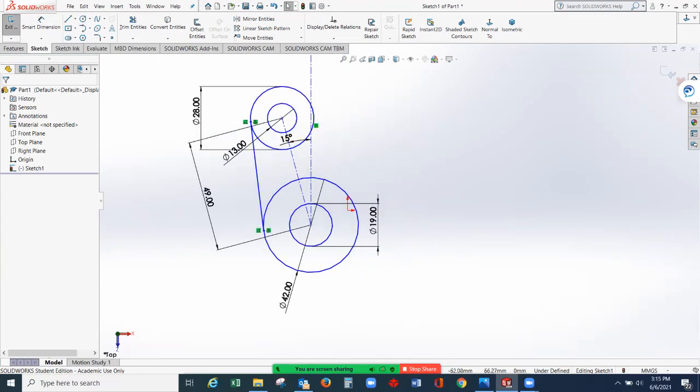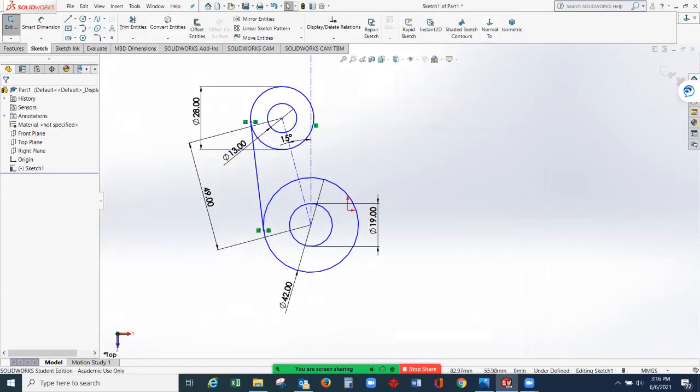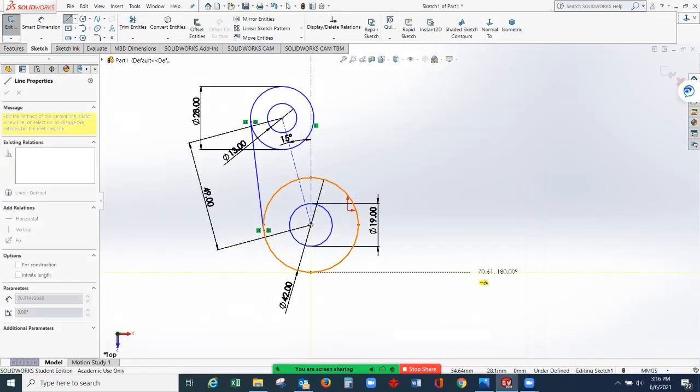Okay, so we will start our drawing from here, and then again go back to the drawing. So we have one line here, horizontal, vertical, horizontal, and then an arc. Then again, horizontal, vertical, and connecting an arc to close the geometry. So let's do it. So line, I'll start my line from here. So let's say here, horizontal, vertical, horizontal, and then we have an arc here.